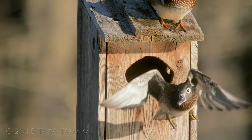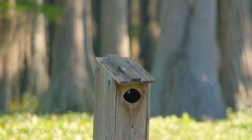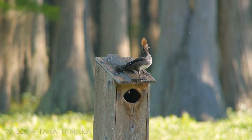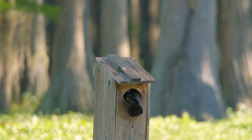In April of 2016, we had at least one pair of wood ducks laying eggs in this box that we have in our yard. And we also had a treat that year. We had this little hooded merganser, and this could be the same bird that nested here successfully in both 2007 and 2008, or it could be one of her daughters who was born here. But she was checking it out, looking around, making sure that there was no other duck in there. She makes a little pass here, didn't see anybody, goes in, and then 4 minutes later,